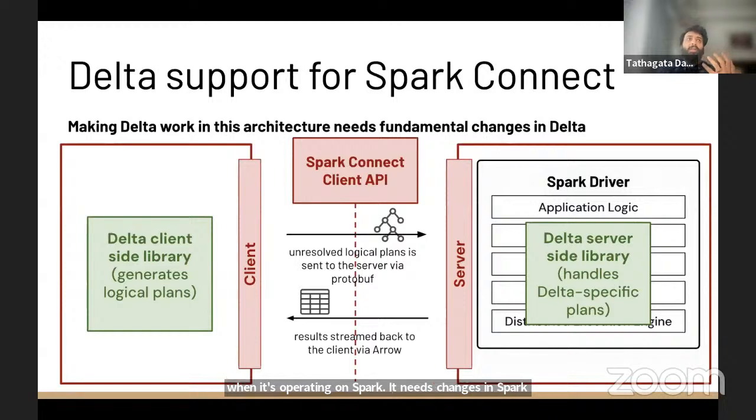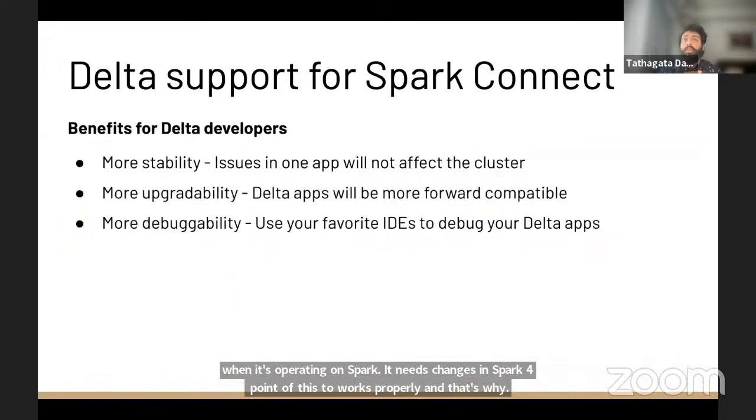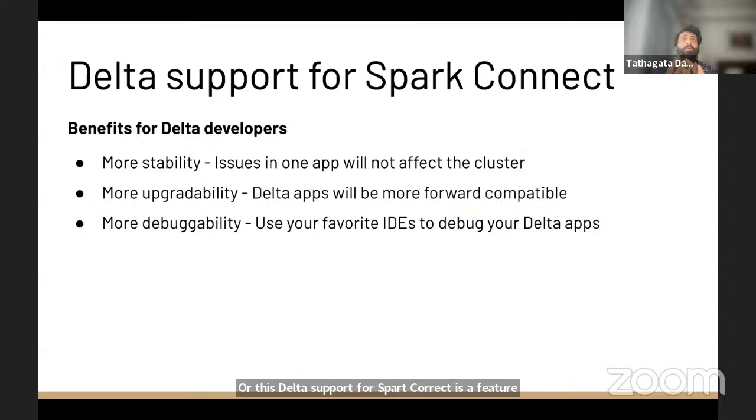And that's why this Delta support for Spark Connect is a feature that we are building towards. For Delta developers and Delta users, there'll be more stability. Basically, your Delta app will not have to change as you upgrade Spark in the cluster, because as long as the client API is stable, you're good. Any version of your application will be able to work with any version of the Spark server as long as the client API is respected by both the client side and server side. Similarly, better upgradability, better debuggability. Moving on to the next feature,